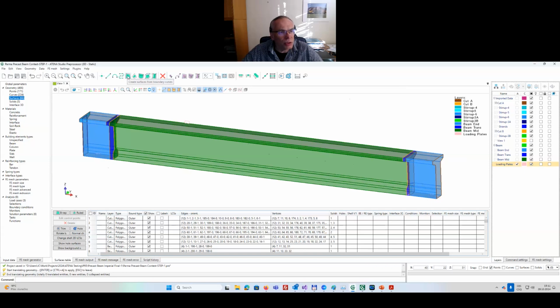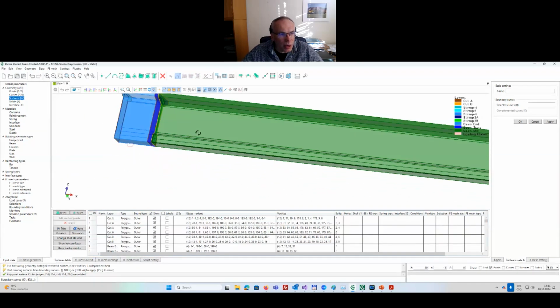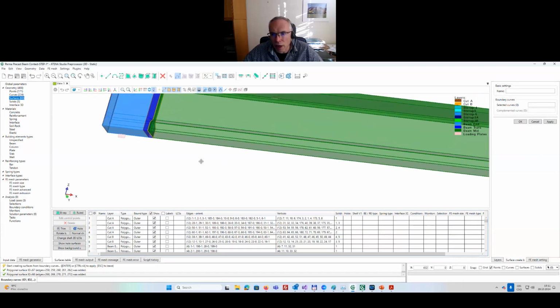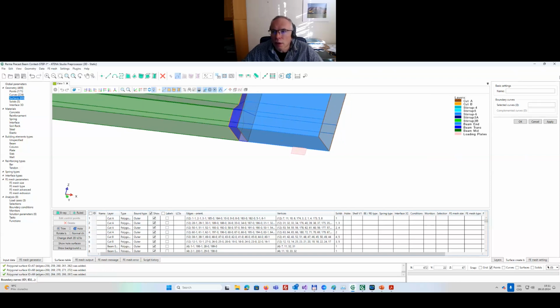So I use this create surfaces button. I click on any of these edges. The program recognizes that this is the only possible loop. So I hit enter. And in this way, I quickly create these side surfaces of my loading plates. And now I will go and